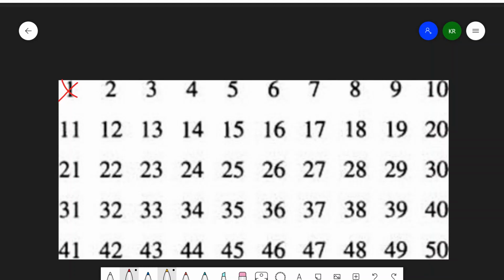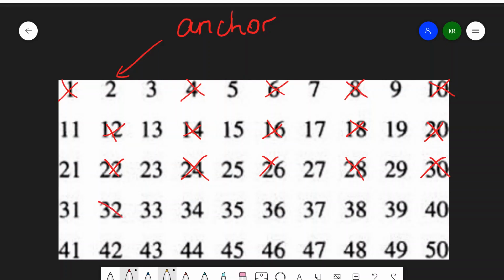Then it assigns what I've called the anchor number. And the anchor number starts off as 2. And then, as you'll know from our previous video, you take 2 and then you square it. And then you remove it from the list. And then you add 2. So you add the anchor number to remove 6. Then you add the anchor number again to remove 8. And do it again and again and so on until you just remove all the multiples of 2. So you start by squaring the anchor number. The anchor number starts out as 2, and then you remove all the multiples of the anchor number